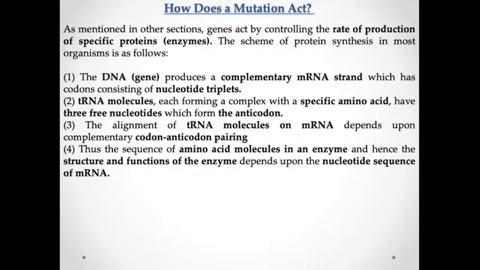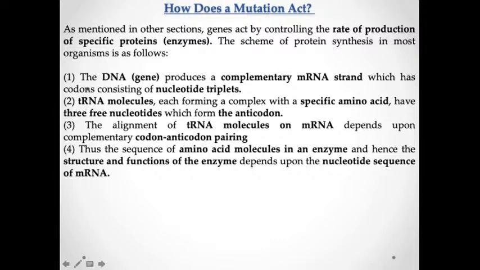Then transfer RNA molecules, each forming a complex with specific amino acids, have three free nucleotides which form the anticodon. The alignment of molecules on mRNA depends upon the complementary codon-anticodon pairing. The sequence of amino acid molecules in an enzyme, and hence the structure and function of the enzyme, depends upon the nucleotide sequence of mRNA. So this is telling us about translation and transcription here, that during this protein synthesis